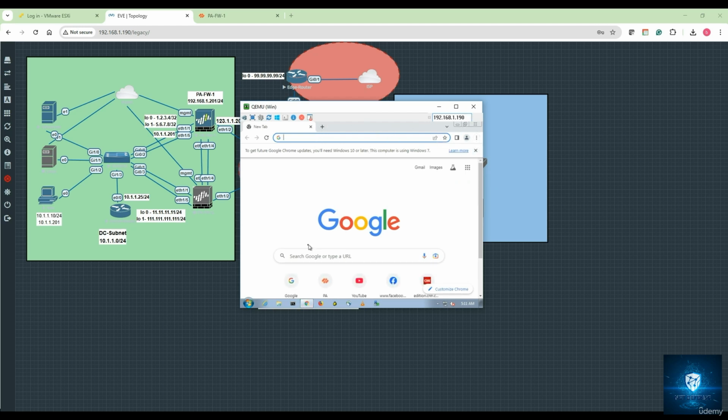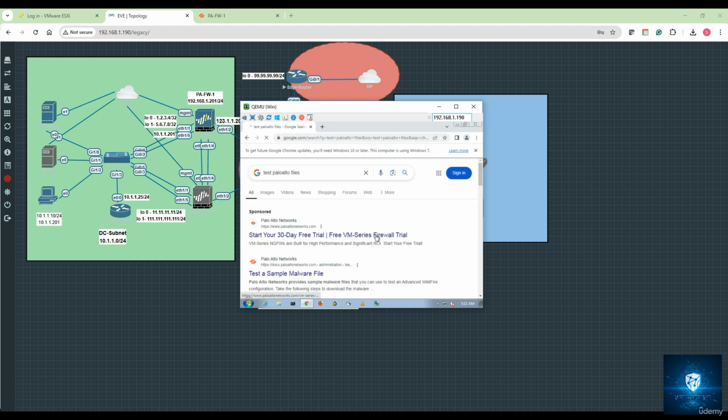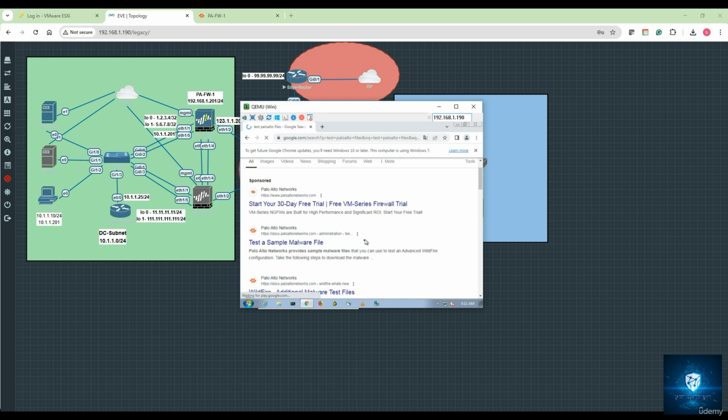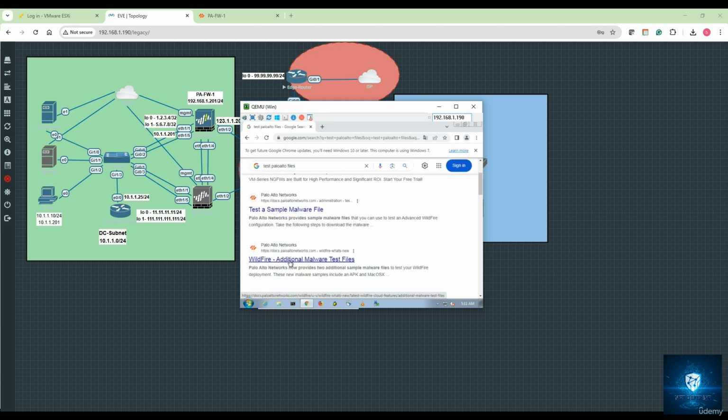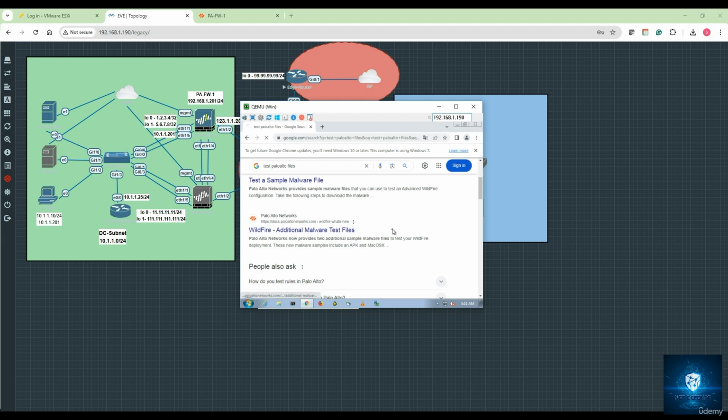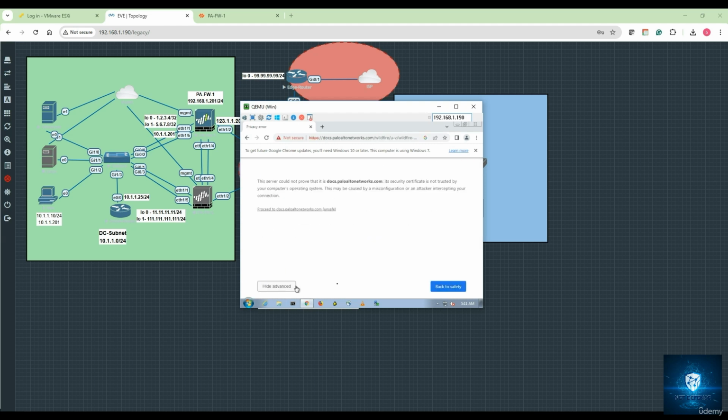Okay, so there is a portal that you can test, let's say from the Palo Alto test portal itself. So you can do a test Palo Alto files. Basically I think it will be going to that WildFire section. You can see that is WildFire additional malware test files, right? So let's say I click on this, click on advanced, I click on proceed,